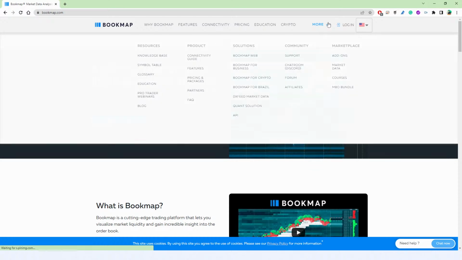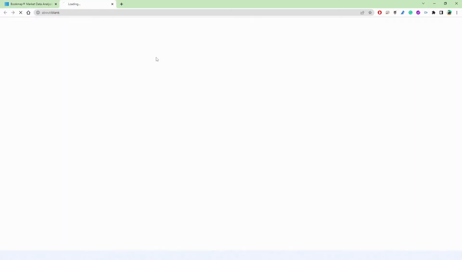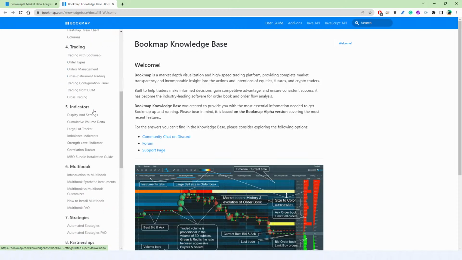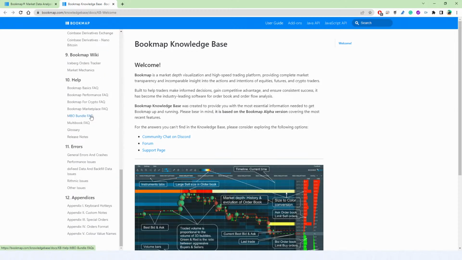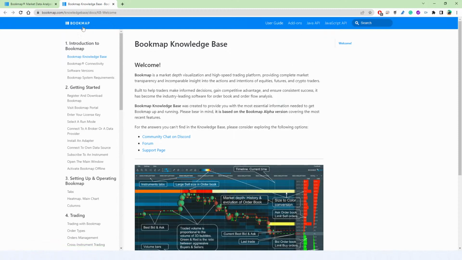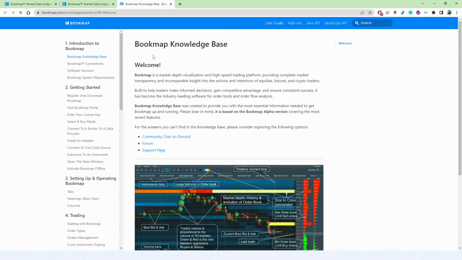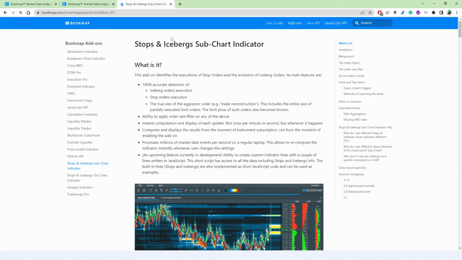Okay, and go to the knowledge base. Go to the add-ons. So once you visit bookmap, go to more and knowledge base. Once you visit the knowledge base, you will be able to see the information of the indicators and go to the add-ons here. Okay, go to add-ons, and at the right and the left side, these are the add-ons,